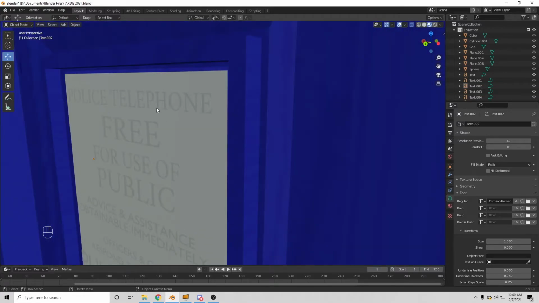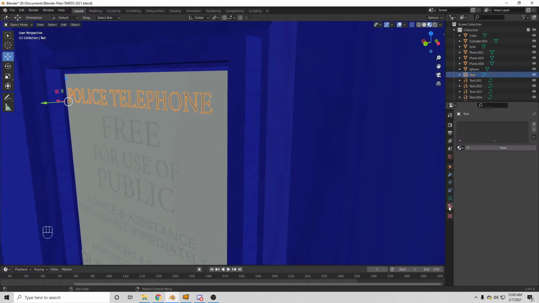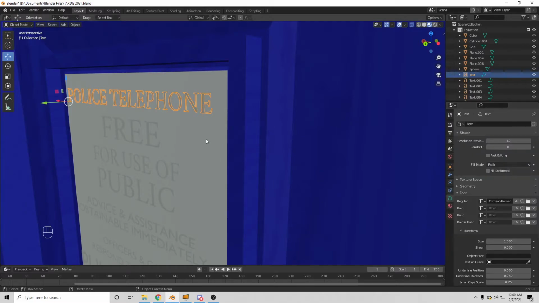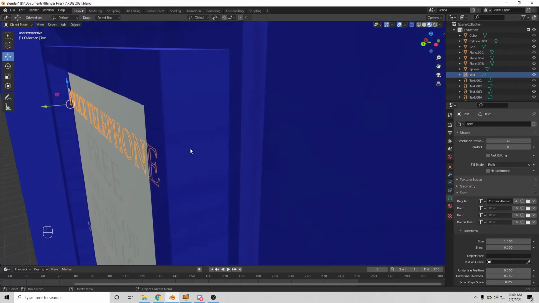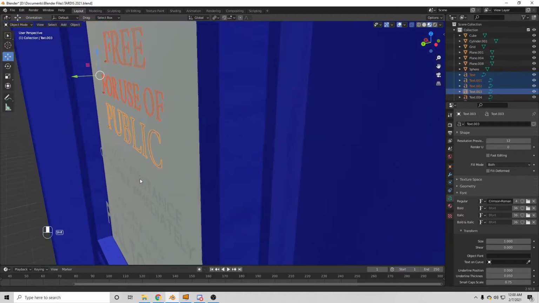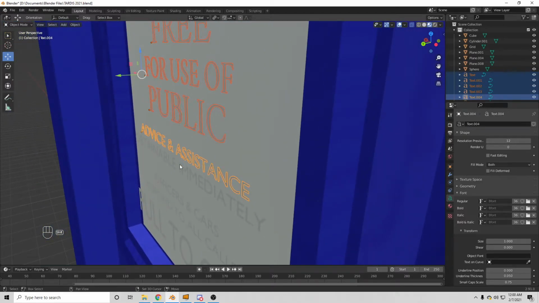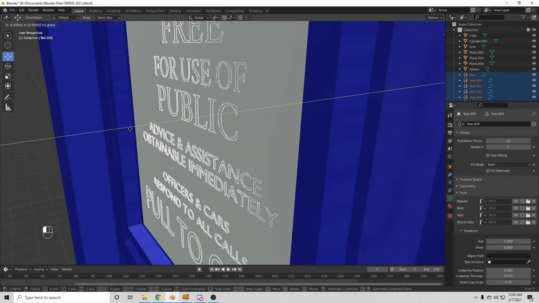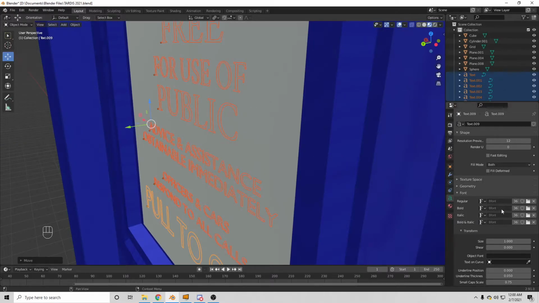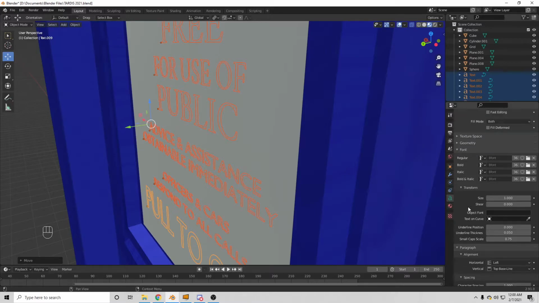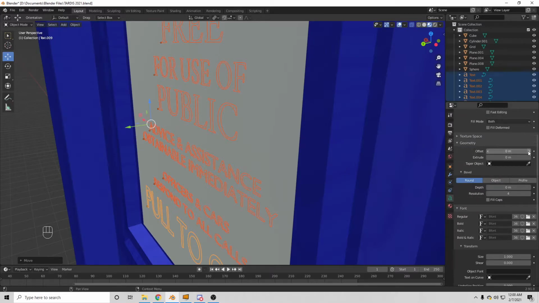Okay, so now that that's over with, I just want to go ahead and color these. Nope, not yet. I'm going to extrude these guys in. I'm going to get them as close to the plane as possible, just so that they can go smoothly into this background part behind the text. I think that's probably about good right there. And then we're going to add a little extrusion under geometry, and we'll just say